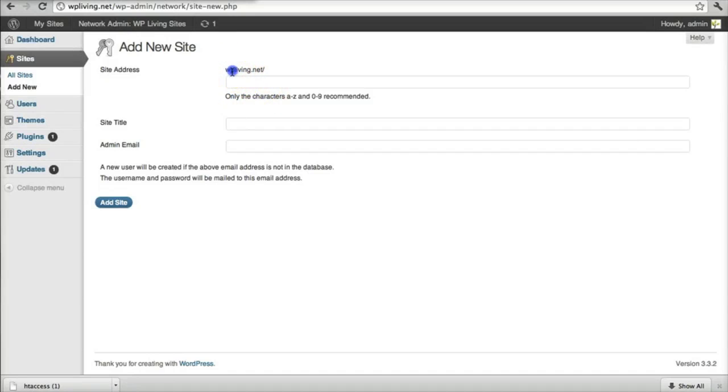It will now become a subdomain of your main domain. So in my case, my main domain is wpliving.net, and if I add a new site, let me say call it test site, and I'll use the WP Living email address, and I'll also call it test site here, and that's where it will show wpliving.net/test site. That's where my new site will be. If I add that,